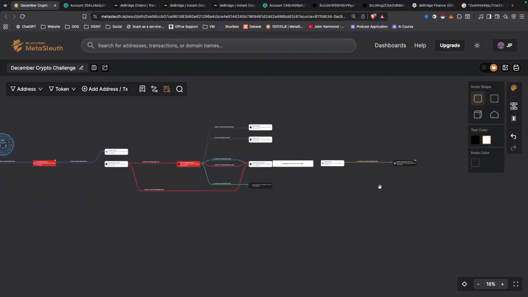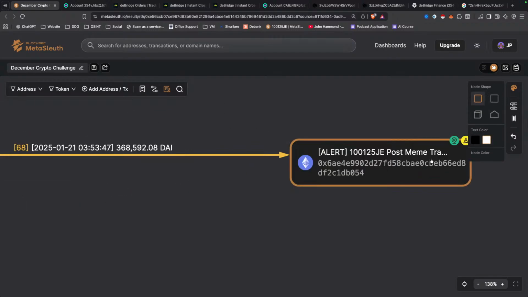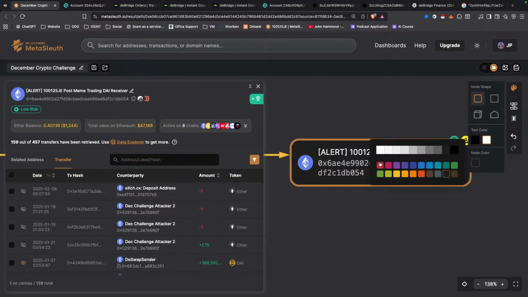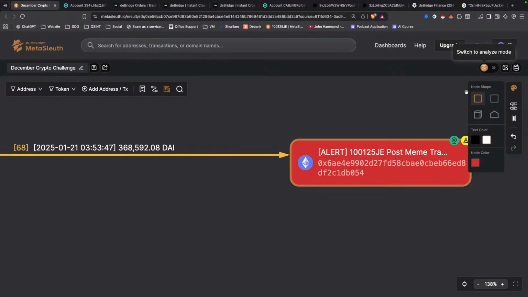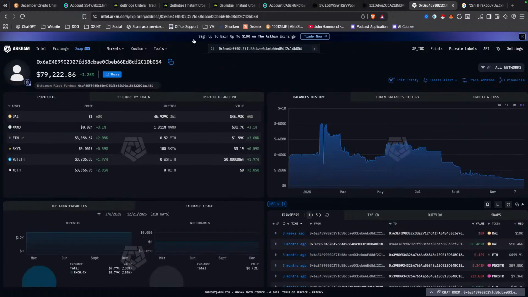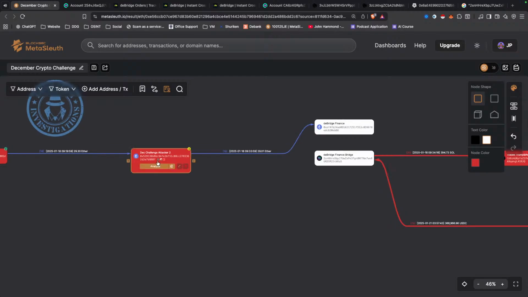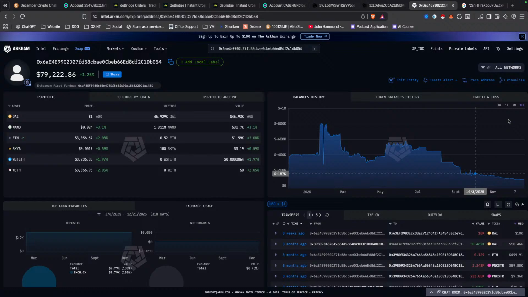So what I recommend on all your cases, actually, not just this one, is taking this outcome address here, which is one of our attacker addresses, and using a tool like Arkham. We'll put that into Arkham. It looks like Arkham's working today. I had a load of issues yesterday. Then go to the address beforehand as well, or maybe both addresses if you wanted to. Copy both of these addresses and put that into Arkham.